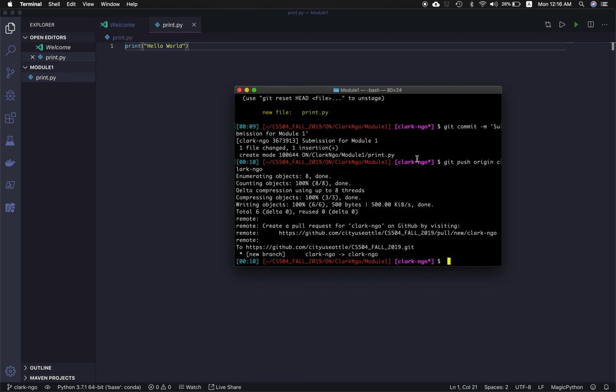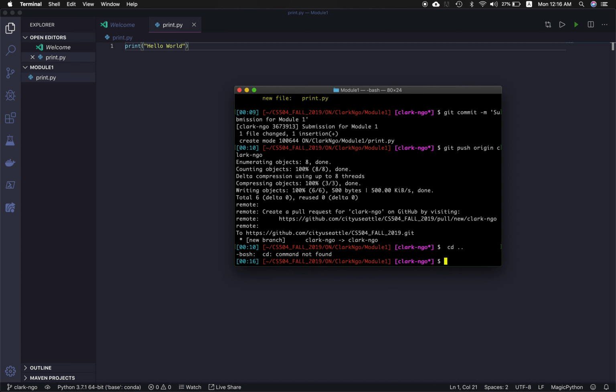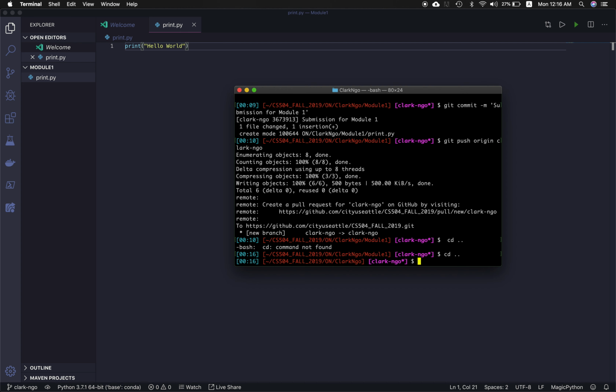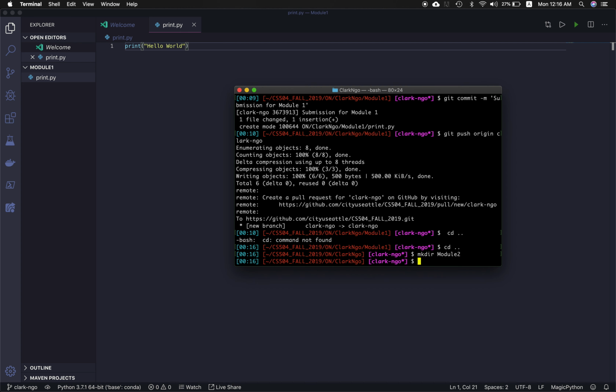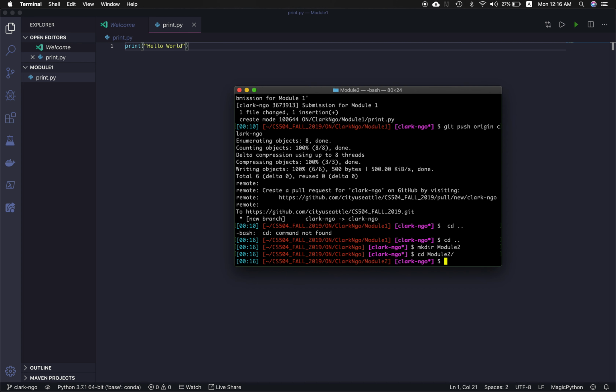Also, in the succeeding modules and creation of files, you don't really need to keep creating your own branch in this class. What you only need to do is, let's say you need to create a new file, or let's say a new folder. Let's just make directory module 2. Okay, and let's go to module 2, and we can just, let's say, create another file. Let's say print2.py,